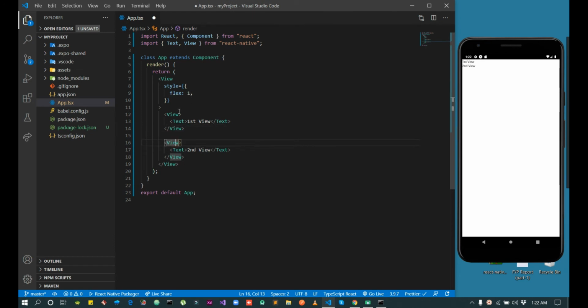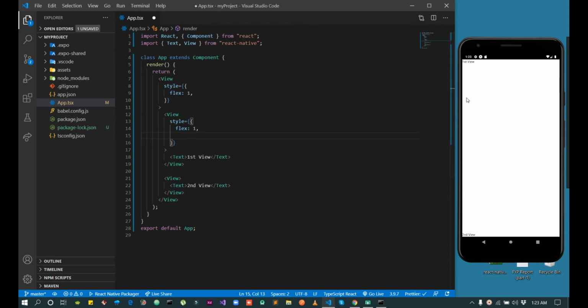So we will use the style attribute and give flex 1 to only the first view. If I use flex 1 only for the first view, then we can see it's taking the whole place, and the second view is at the bottom of the screen.